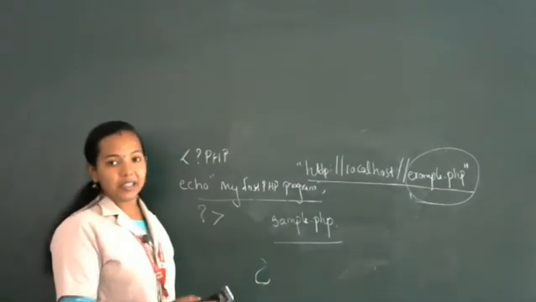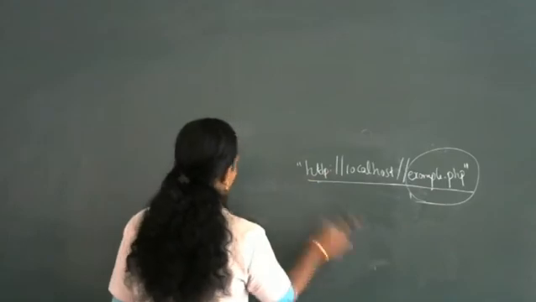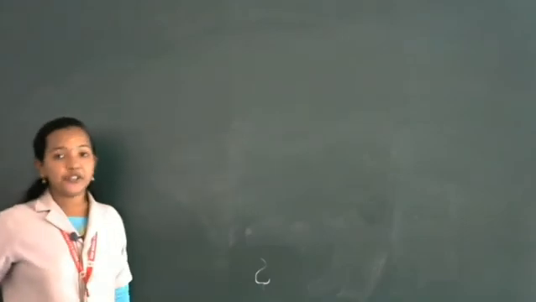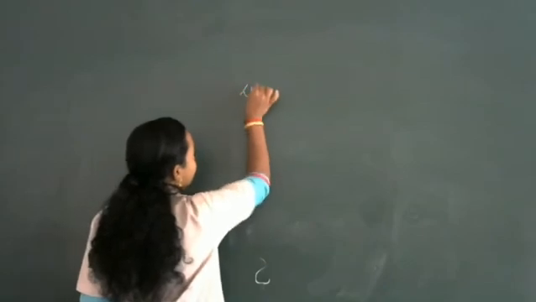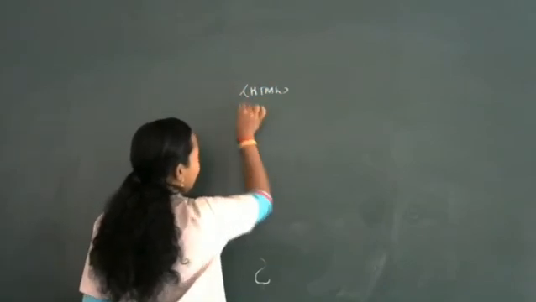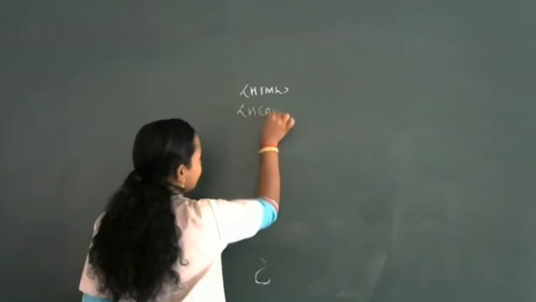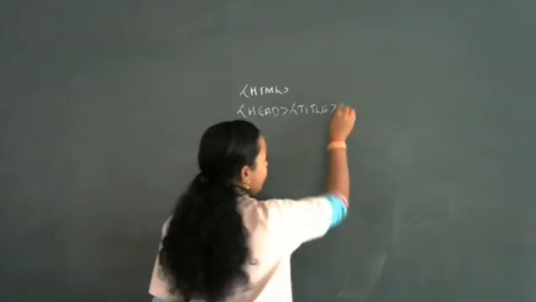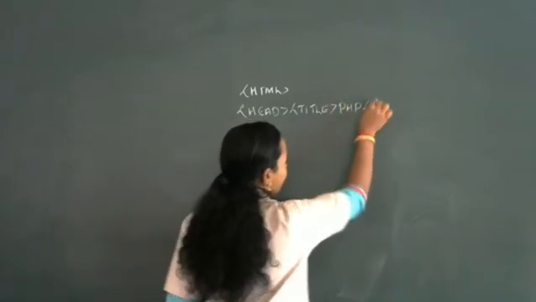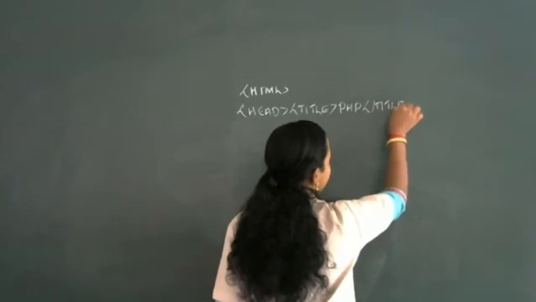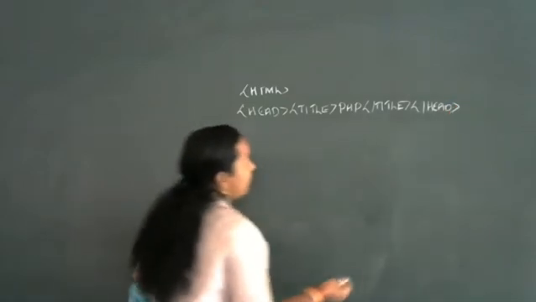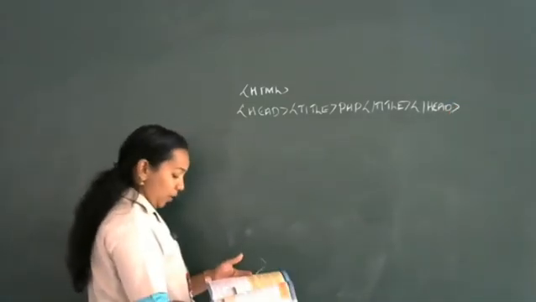This is the normal method that we are using. Then one more method is, I already mentioned we can include a PHP program inside the HTML. So I am going to include PHP inside the HTML. HTML, head, title of our web page is PHP, close title, then close head. Then I am going to include PHP code inside the program.